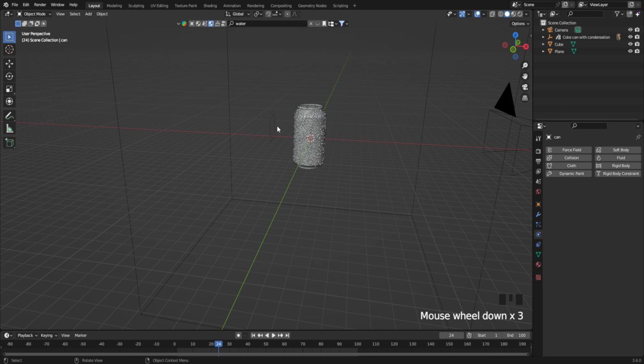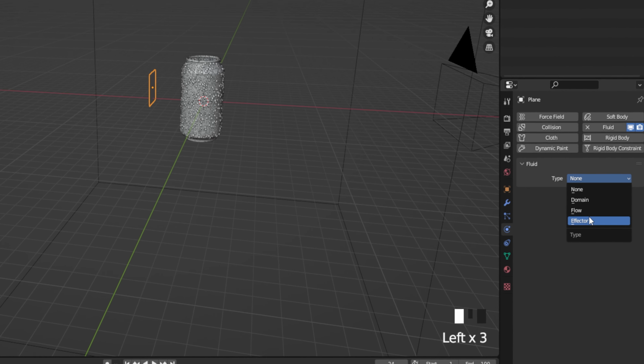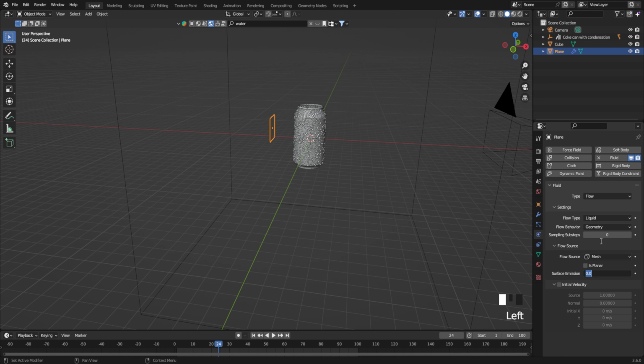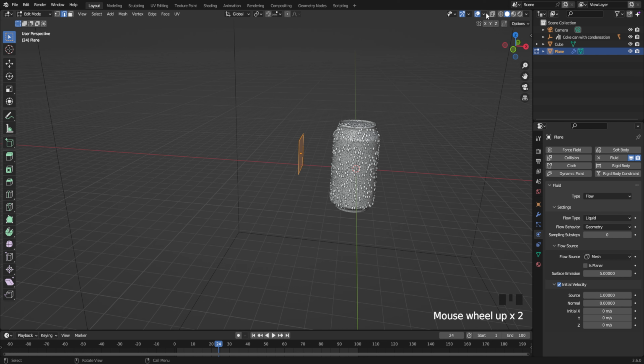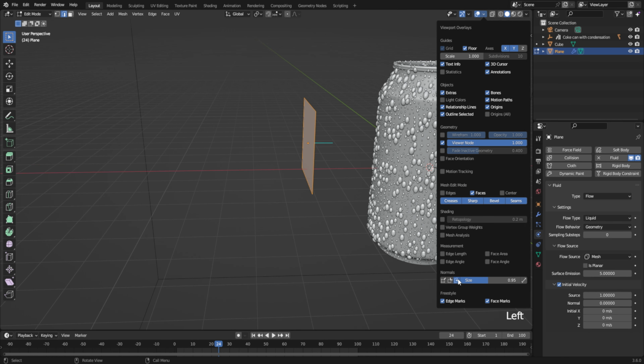Select your main object. Go here, add Fluid Modifier. Then select Type of Effector. Select that plane. Select Type to Flow. Surface Emission to 5th, enable Initial Velocity. While selecting Plane, go to Edit Mode. Click here and check its normal direction is in right position, because this will be the direction of our liquid